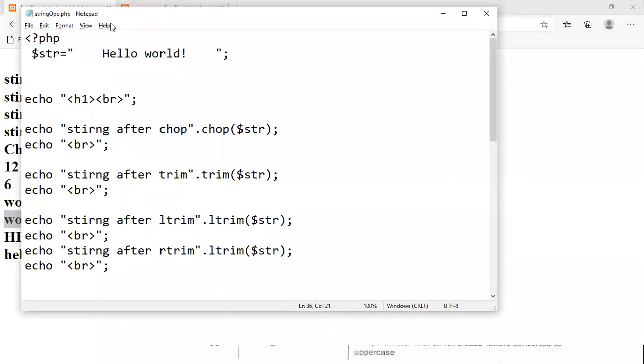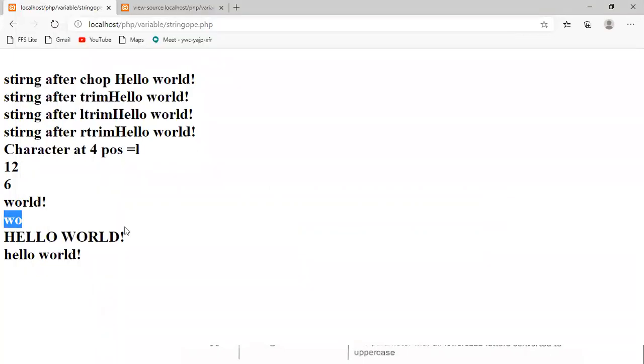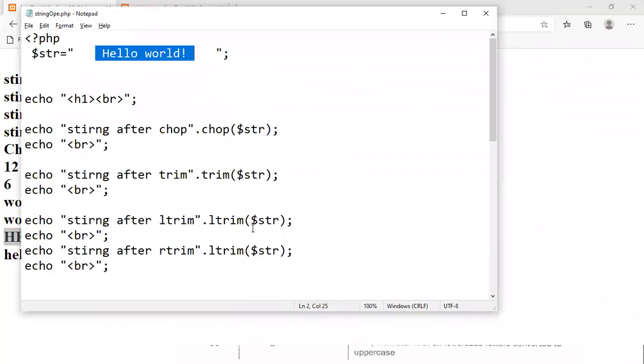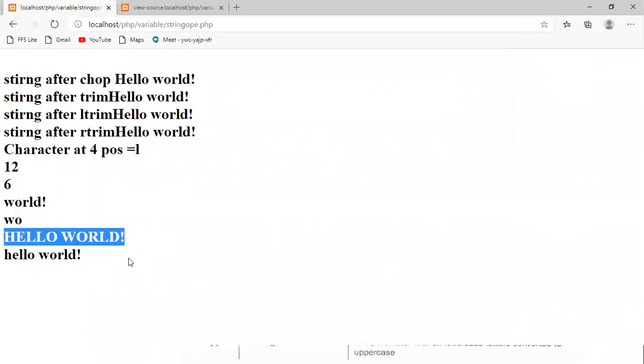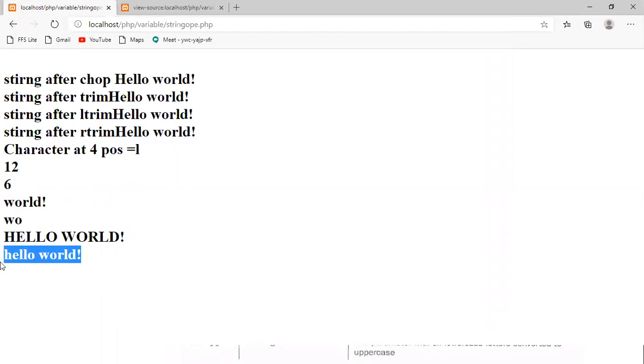Then after that, to upper, a string I'm passing. You can check it out, completely, only the H is capital and everything else is small. Now it is giving all the characters in uppercase. Another thing, look here, what am I doing? First doing the upper, which means the complete string should print in uppercase, but in the output I am giving to lower, so it will print all characters in lowercase only.